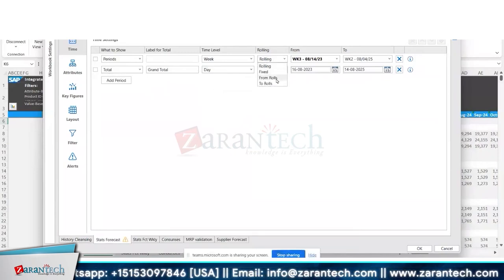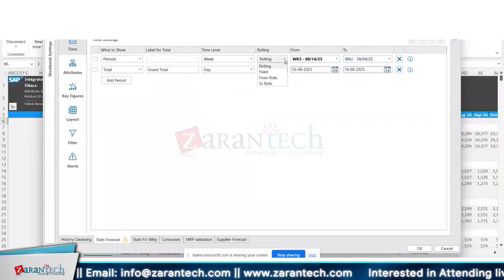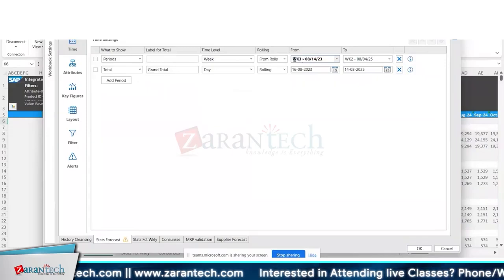Here you see rolling, fixed, from rolls, and to rolls. Okay, rolling means your from will also roll, to will also roll, and then you have fixed, wherein both these periods are fixed. From rolls means it will start rolling from this period and the end period is fixed. And to rolls means it will